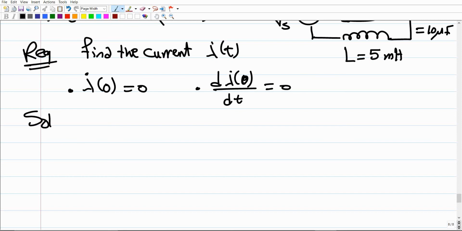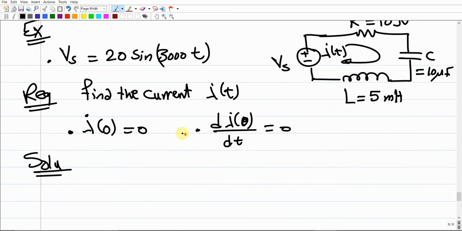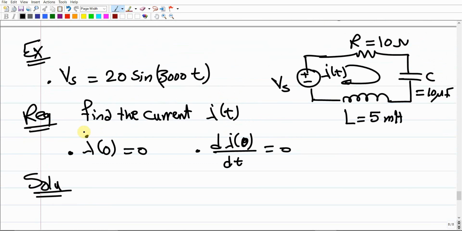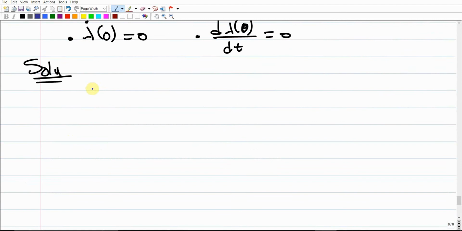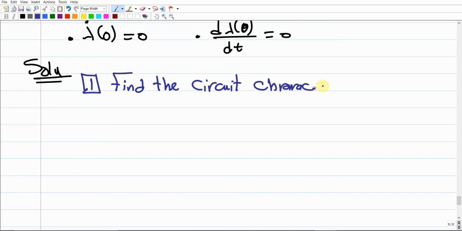Make sense? So how can we solve this? Your objective is just to plug in and calculate. The first step is to calculate the system characteristics, which are omega n, the forcing term, in addition to the damping factor. So step 1 is to find the circuit characteristics. What are these characteristics? Your objective is to calculate these 3 parameters, omega n and xi, in addition to the forcing term,